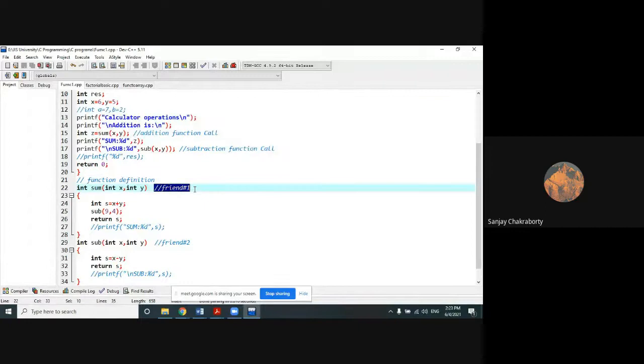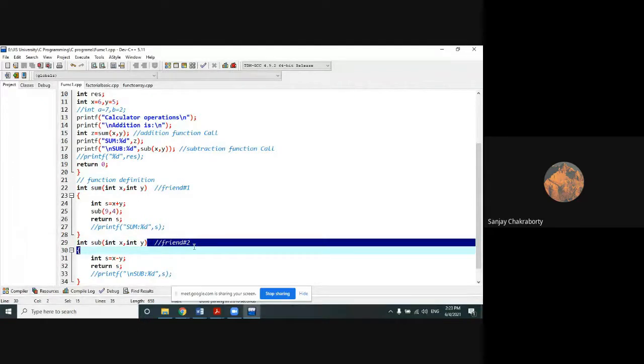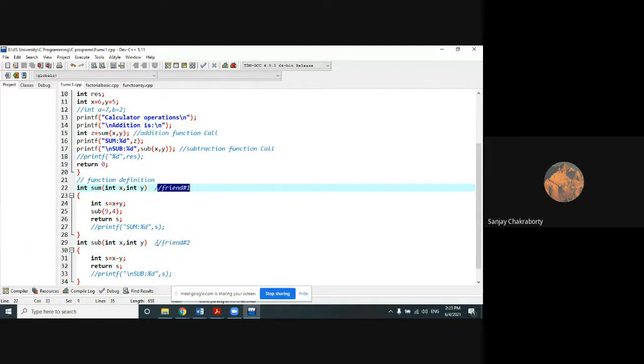So you know your friend number 1, but you have no relationship with other friends. But your friend number 1 knows the other friends, or friend number 2. So that's why it is the responsibility of friend number 1 to call friend number 2 for the different kinds of tasks to organize the birthday party. So that's why friend number 1 is now calling friend number 2. That is 9 and 4. So we can directly pass the values in such a way.